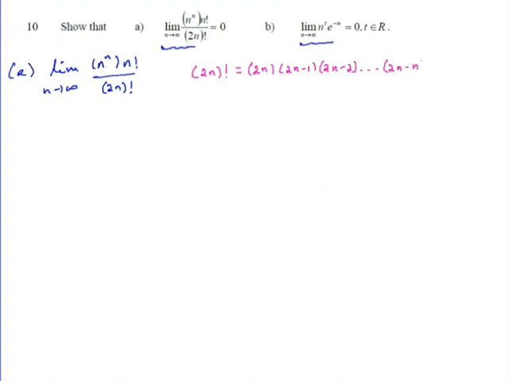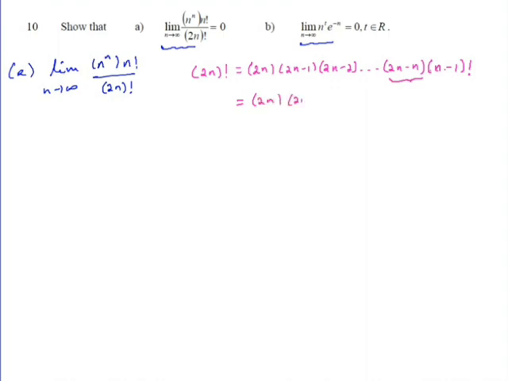Show that the limit of this is 0. Okay, የa part እንጀምር. So the limit of n the power of n times n factorial over 2n factorial as n approaches infinity 0 መሆኑን ለማሳየት እዚህ ጋር ይሄንን ፋክት ማወቅ ይጠይቃል። 2n factorial ማለት ምን ማለት ነው? 2n times 2n minus 1 times 2n minus 2, by definition of factorial አንዳንድ እየቀነስን ነው የምንሄደው, 2n minus n እያለ አሁንም ይቀጥላል። Okay, then the next term will be n minus 1 እያለ ስለሚቀጥል ፋክቶሪያል ብዬ አቆማለሁ። So ይሄንን ሰብስቲዩት እናደርጋለን። እዚች ጋር ልንገነዘብ የሚገባው ይሄ በራሱ n ማለት ነው።